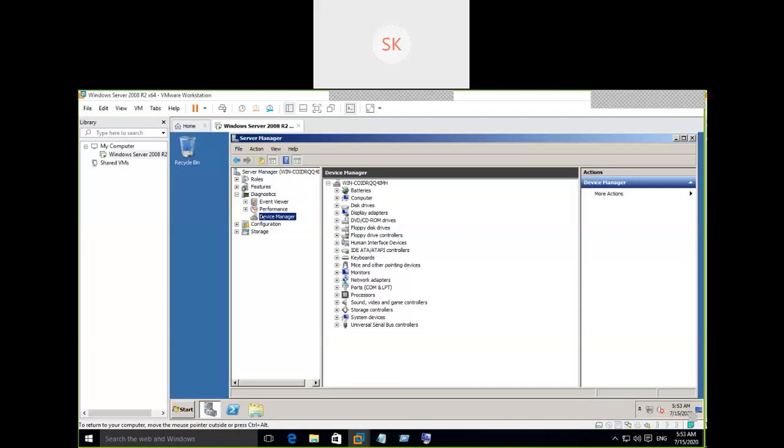Okay, so the network card is also available. If you expand the network adapters, there you can find one network adapter. See, this is the default network adapter available on this system. As soon as we complete the installation, we need to assign an IP address to this card.